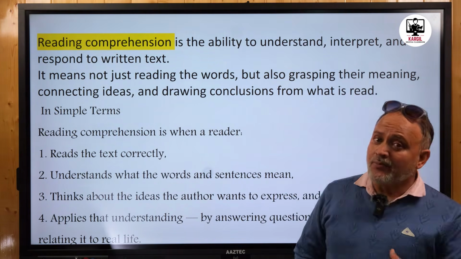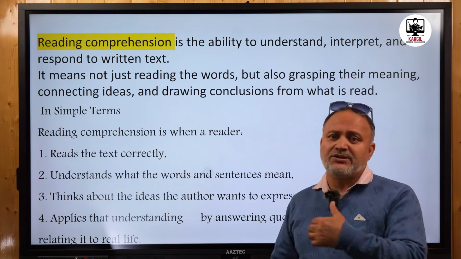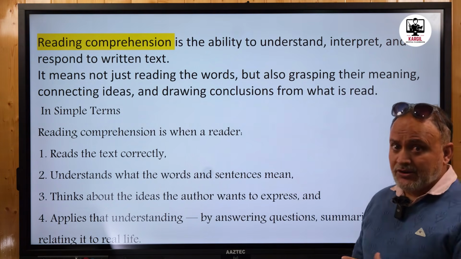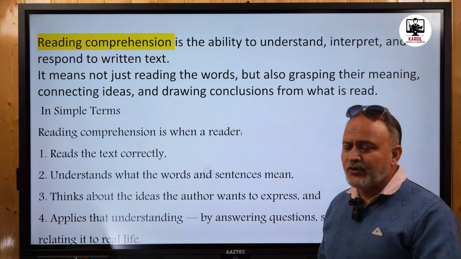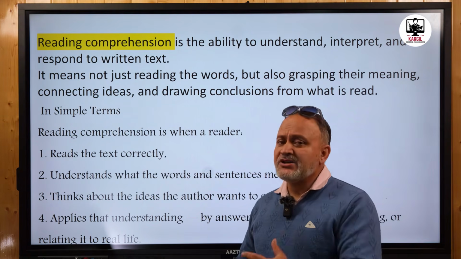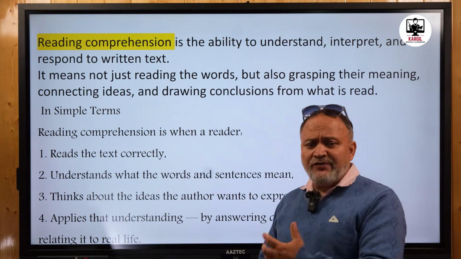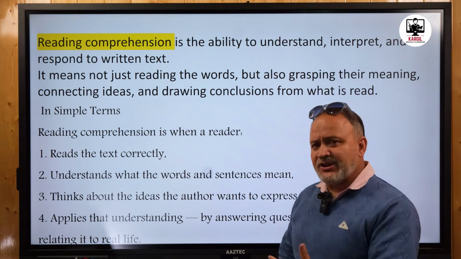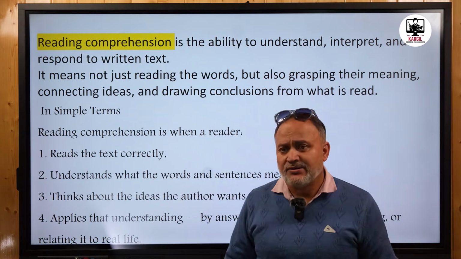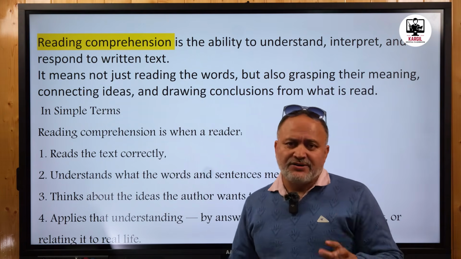So if you comprehend the content, it has an impact on you. You can relate what the writer has written with your life. That part is called comprehension. If you can't relate the content with your life, that means you haven't comprehended. You have just read. For example, most of the time when we ask our students to read something, they just read, and when we ask what they read, they can't answer. They can't give a satisfactory reply. That means they didn't understand the content.